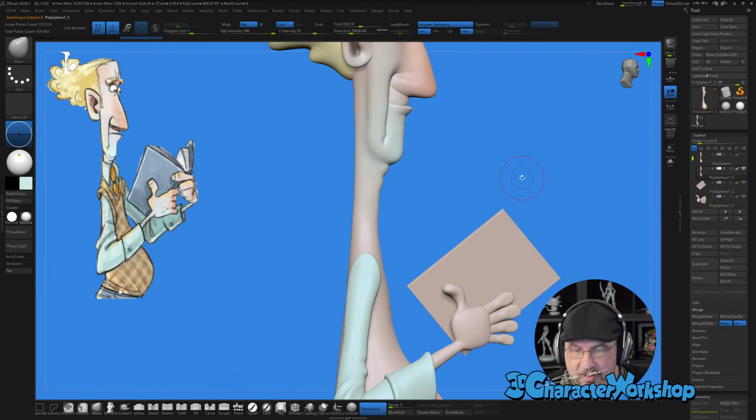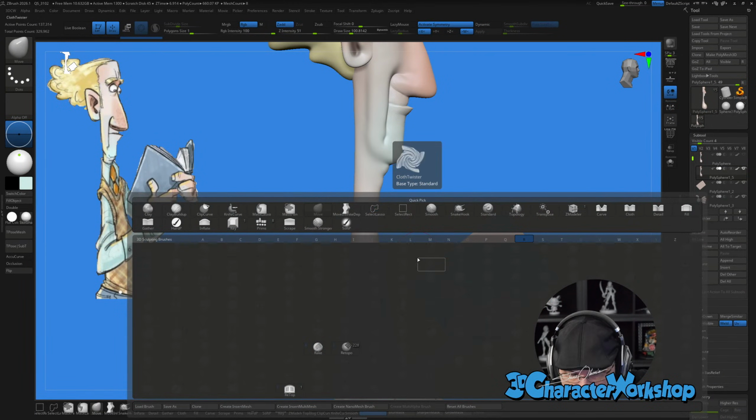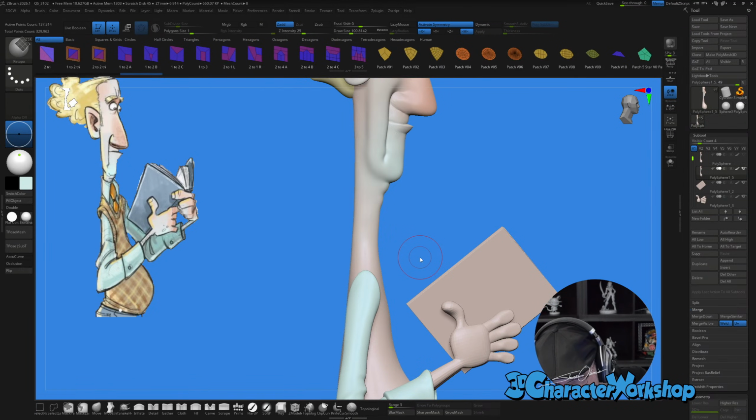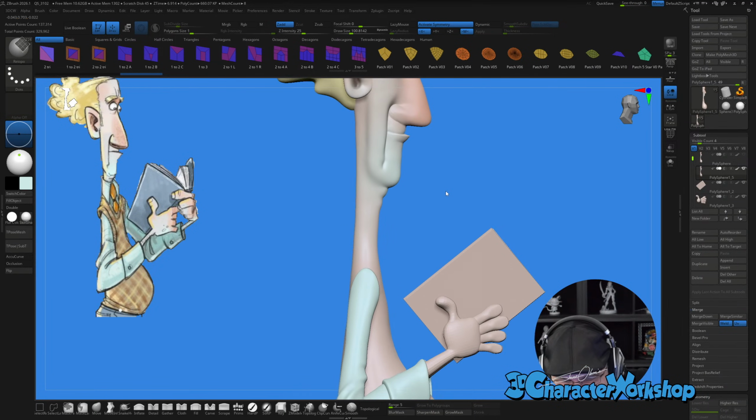Okay, here we go. If you have the latest version of ZBrush, you can hit B, R, and you'll see this brand new Retopo brush. It's so funny because I was making my own Retopo brush before they announced this one. Oh, come on. Don't crash on me, please. Okay, it just took a minute to load. It was loading all the patches. Okay, so it does come with all these patches.